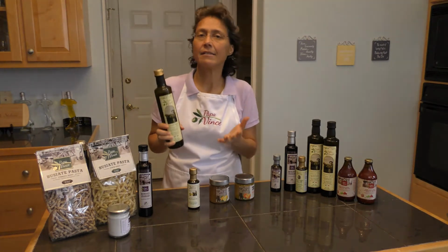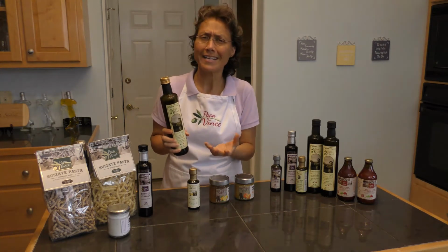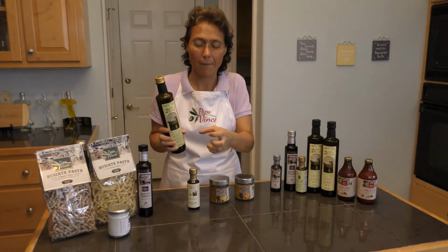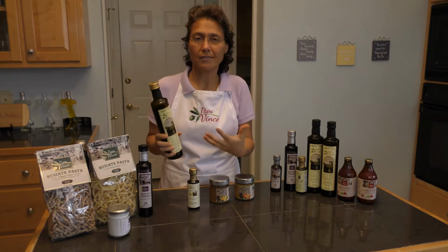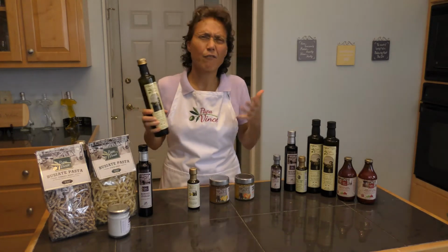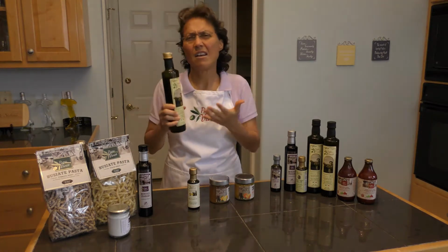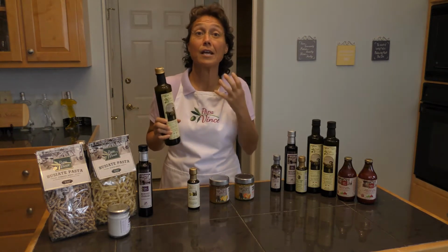And the way you can tell whether or not an extra virgin olive oil is the real one is really not that hard. It's very simple. All you need to do is taste it. Just put a little bit on a cup, that's right, and just put it in your mouth. And the first thing that you're going to notice when you taste the real extra virgin olive oil is that it's extremely light, fresh. It doesn't have this greasy, sticky feeling. It's just fresh, green, and then the flavor is going to grow,